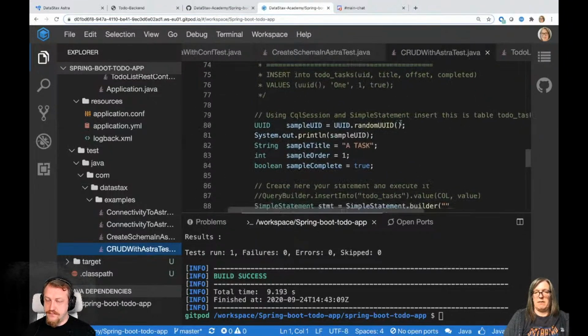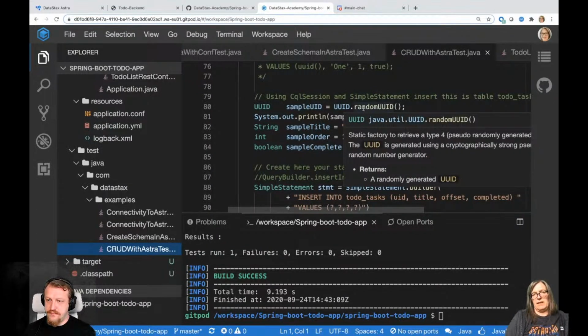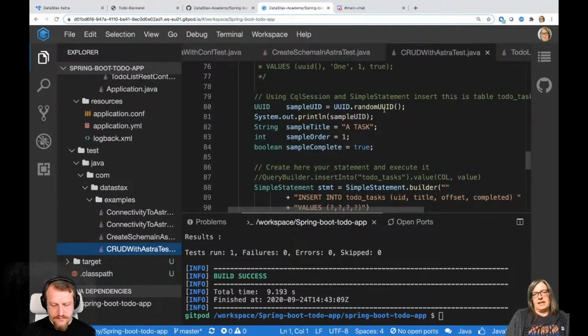And here we're constructing the UUID with the Java util. We could also use the driver utils, or the UUID utils of the database to construct that, but in this case we're just doing it this way.